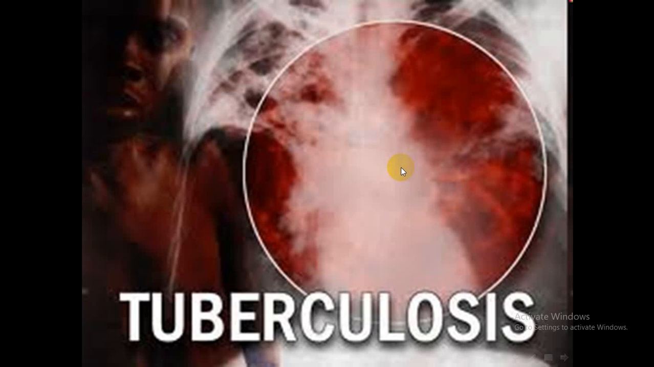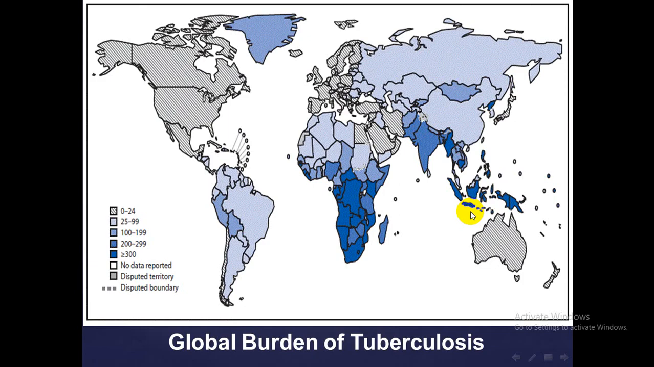TB in our society is an endemic disease. You see TB many times in our patients, and TB can involve many or any organs. TB is an old disease and it was fatal in the past, but nowadays, because of treatment, it can be a curable disease. This diagram shows the distribution of TB in the world, and our country is one of